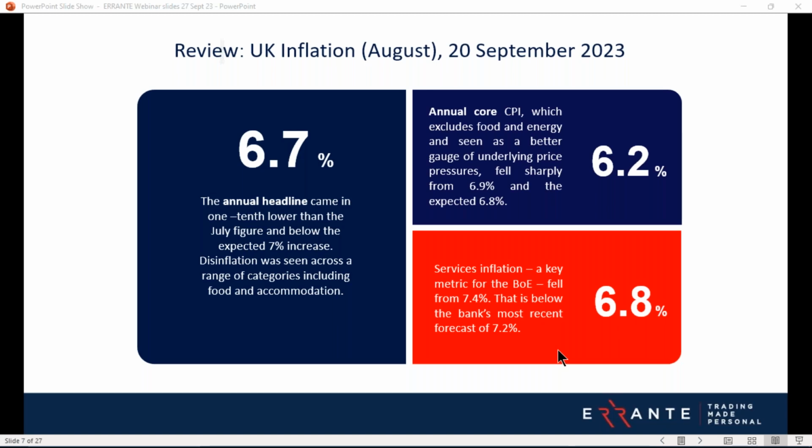As I said, the Bank of England retained its forward guidance. Further tightening in policy would be required if there were evidence of more persistent inflationary pressures. Remember, persistence is key for the Bank of England. So that says that the potential for a hike further out is potentially still there, and of course that is amplified by that tight vote split, with 4 members voting for a rate hike.